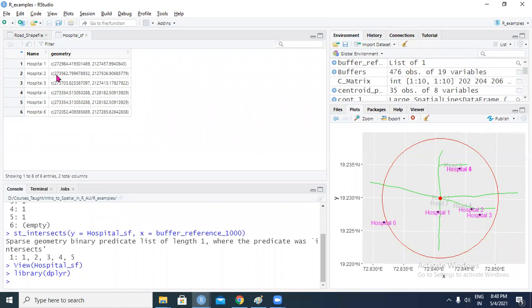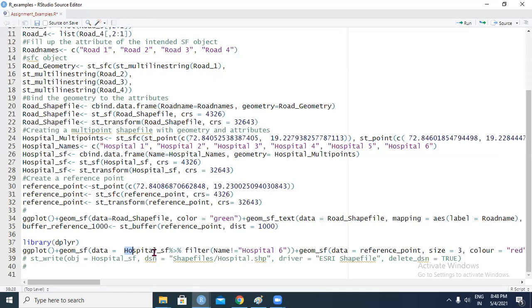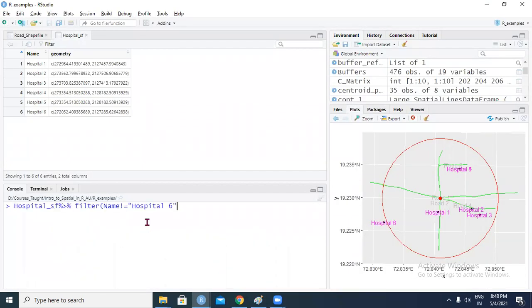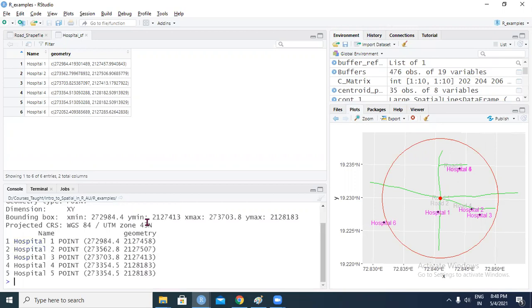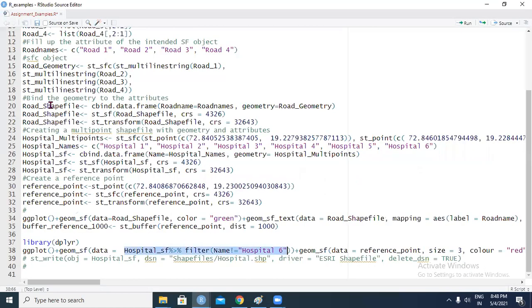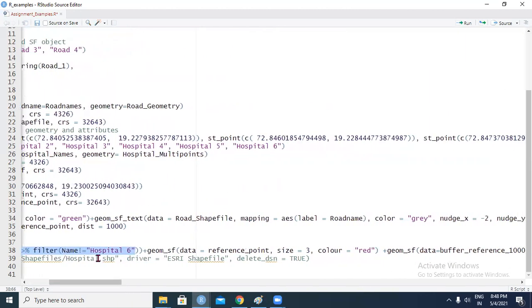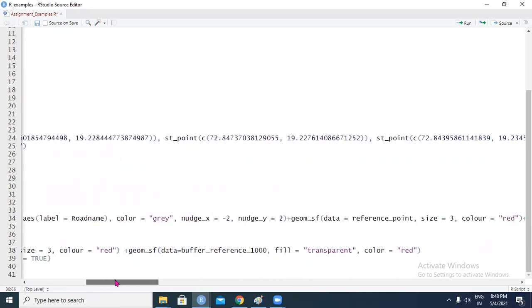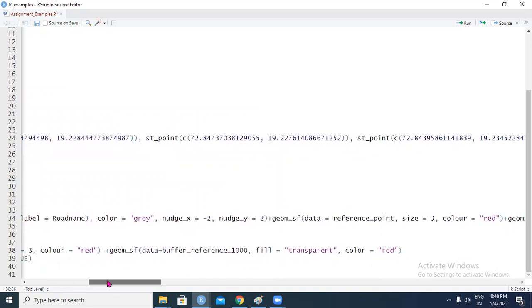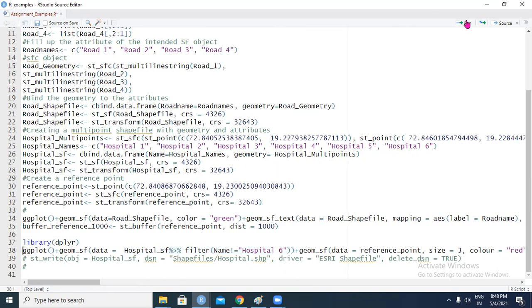These first five are the ones. So even if you just execute this particular query, and this is the beauty of ggplot, that you can use these kinds of queries right within it, and you get your first 5 points. So what I've done here is I have filtered out the last one and kept the rest as is, and the buffer also as is, and we can just view these points that have been filtered,